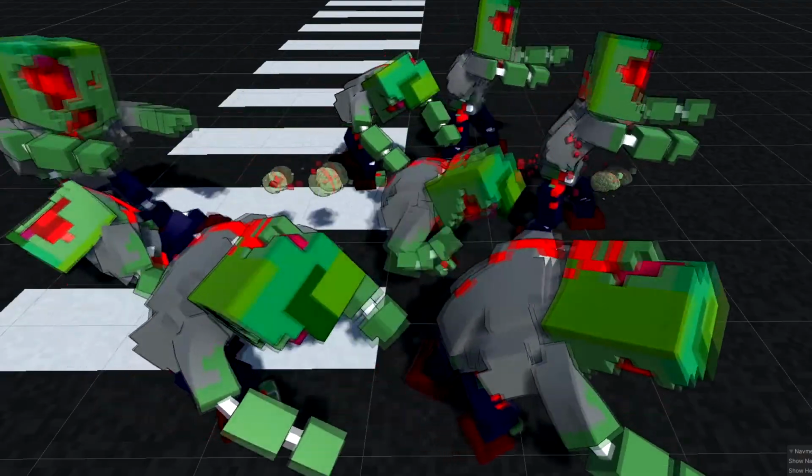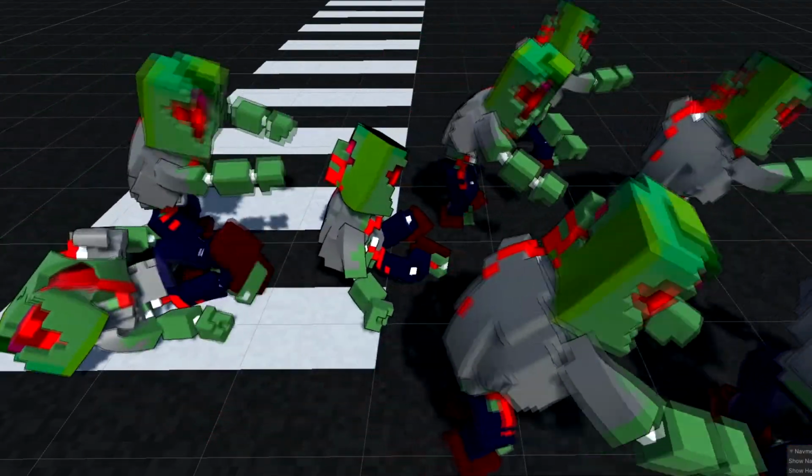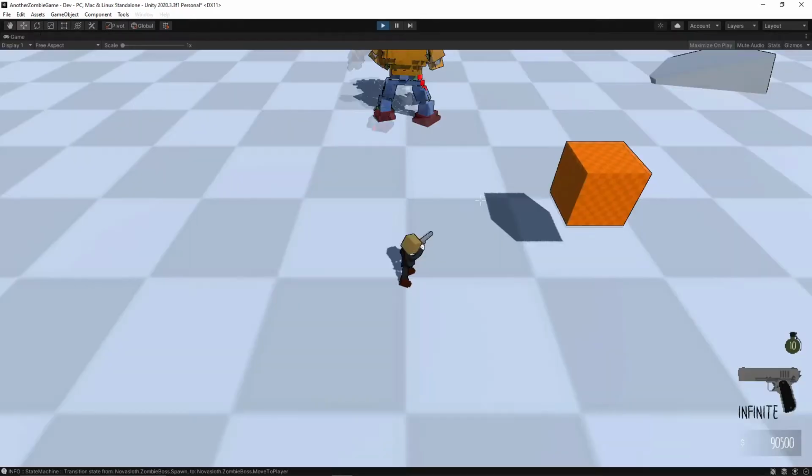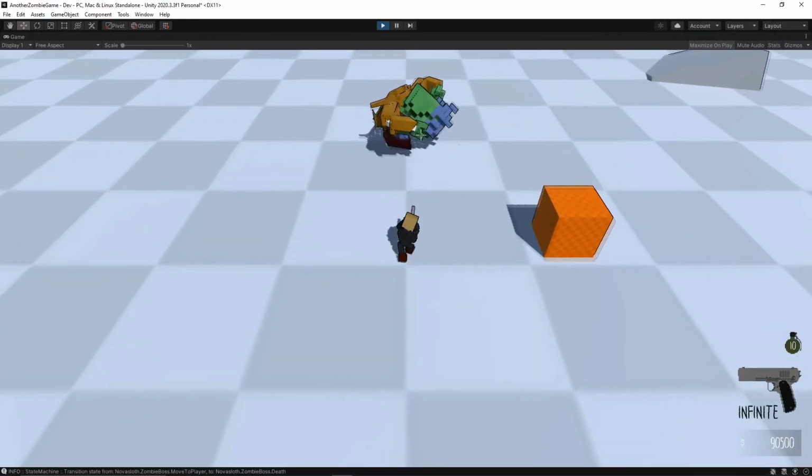So I moved on to implementing the death state. Just like the other zombies, I simply wanted the giant zombie to ragdoll when it dies. So I added colliders with joint components, threw on my health and ragdoll script, and